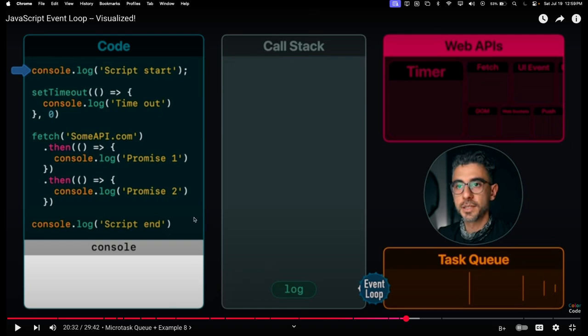But now, if you have some sort of task that will block the execution of the script because it takes super long, such as this timeout function, pretend it's like 100, right? Even if it's zero, it actually is going to have a different behavior, but we're not going to get into that because it will confuse you. Let's just say it's 100 milliseconds. So that will block the execution of everything else for 100 milliseconds